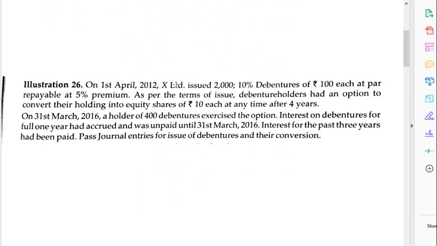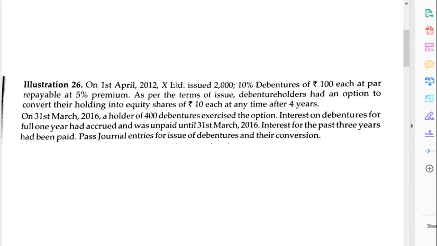On 1st April 2012, X Limited issued 2000, 10% debentures of 100 each at par, repayable at 5% premium. That is, the debentures are redeemable at a premium of 5%, right? These terms are decided at the time of issue only, okay? As per the terms of issue, debenture holders had an option to convert their holding into equity shares of 10 each at any time after 4 years. So debenture holders have an option to convert their debentures into equity shares, and the face value of an equity share is rupees 10,